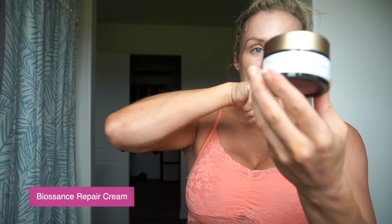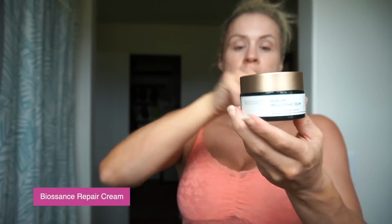Biossance Omega Repair Cream. None of their products have fragrance. Fragrance can be drying to your face. Oh, feels so good. I go down into my chest, up my neck, all the way into my ears. I go everywhere. I sew that on. Last but not least, to complete this masterpiece,